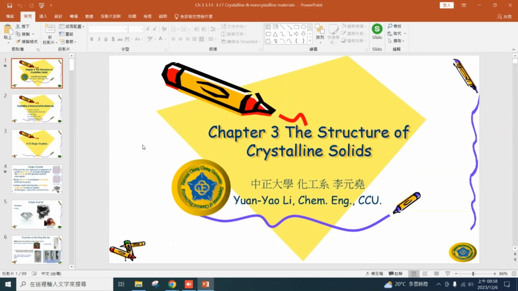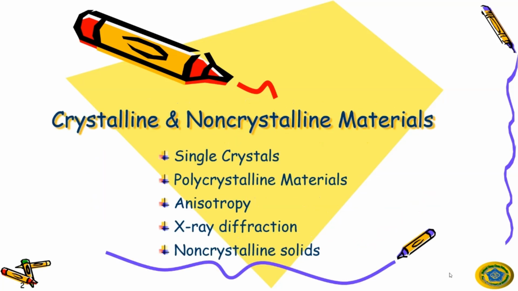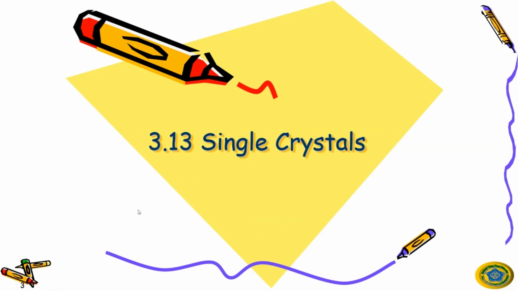Okay, so today we move to the next section in chapter 3. We want to start by introducing single crystal and polycrystalline materials. And also later on, we will introduce anisotropy, X-ray diffraction, and non-crystalline solids. First of all, let's move to section 3.13,